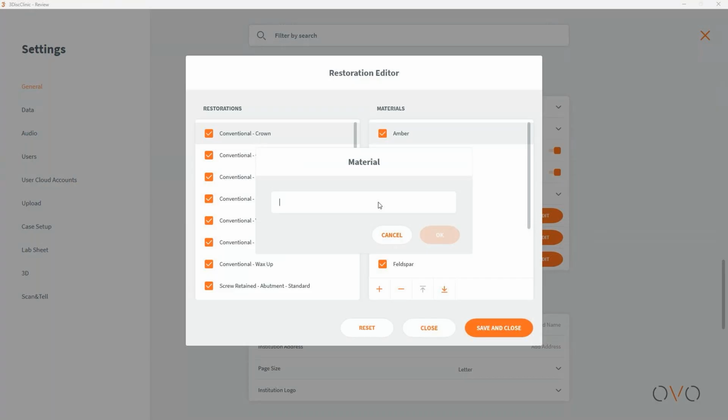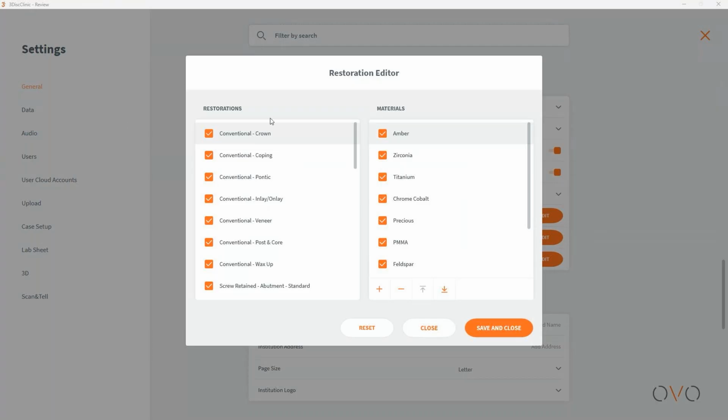We're in the digital world now, and things are changing very quickly all the time, and there's new materials and new options coming to market constantly. By typing the material here and then pressing OK, it will pop up within your RX form when you're selecting your material. I'll go ahead and press cancel there. And again, this is limitless. You can come in here and make the adjustments that you want when you want. Let's say you were just introduced with a new material, come in here and add it